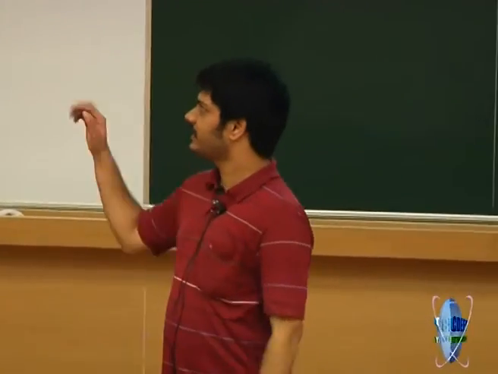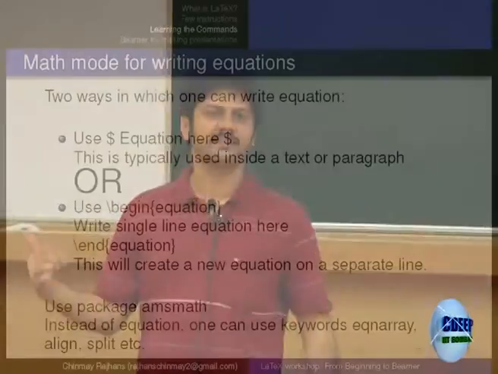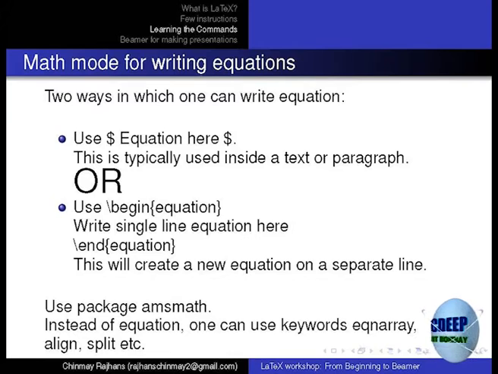Again I will repeat this. You just have to put first US dollar, write as many things as you want. Once you close the US dollar, math mode is closed. Anything outside is outside the math mode, and none of these commands will work in the non-math mode, the text mode. Other option is begin equation, end equation. In between you can write whatever you want. If you close the end equation, you are back to the text mode, and there it will never work. And equation doesn't support multi-lines. So we'll see how to write multi-lines in the next slide. Don't jump. Even if you write on multiple lines here in equation, it will come in the same line. Most of you would have got it that way.